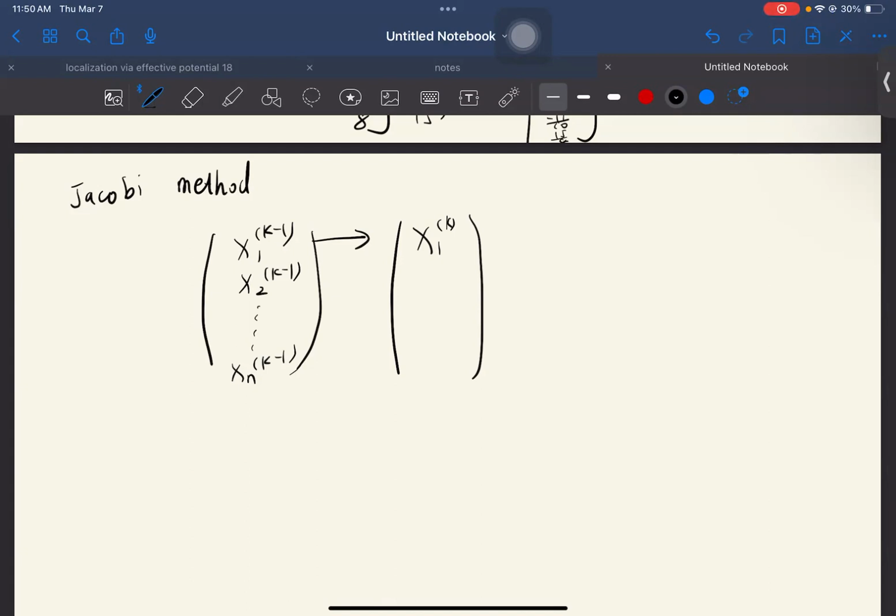Here you are using the same set of information, making use of all the information to calculate the x2k, right? But the good news is that we can use the updated information to update the x2k